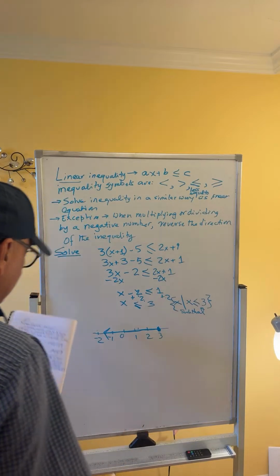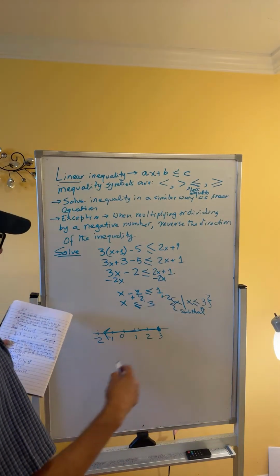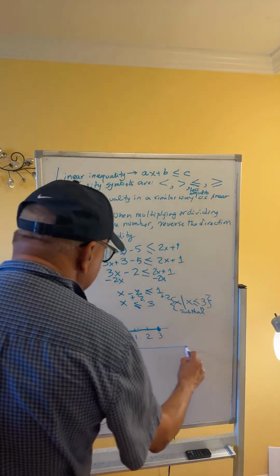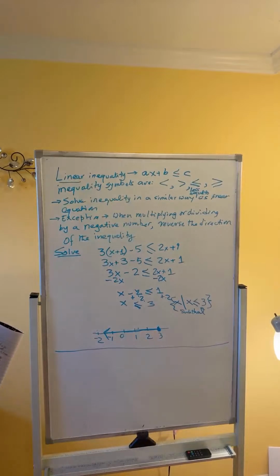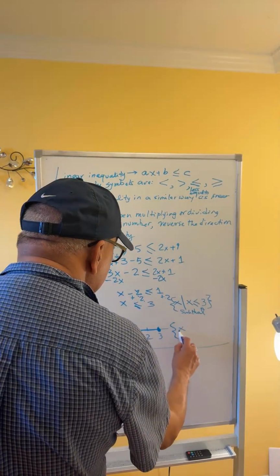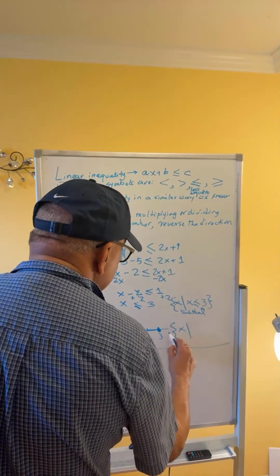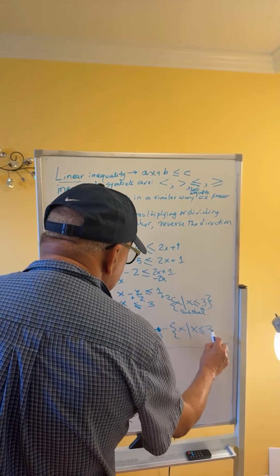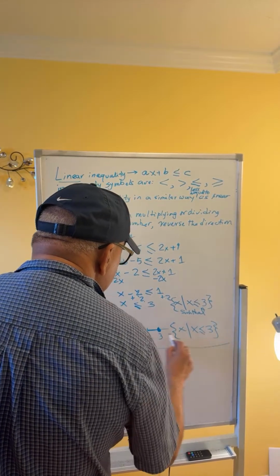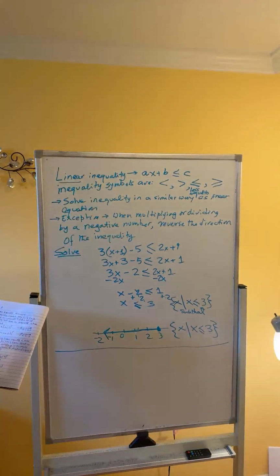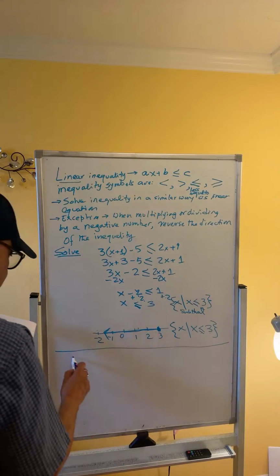Let's do another problem. This involves fractions. Okay, another inequality using fractions. So this is the picture of, as I mentioned, the set of numbers x such that x is less than or equal to 3. Maximum value is 3 in this case. There is an equal to sign, so I put the filled circle. Now let's solve